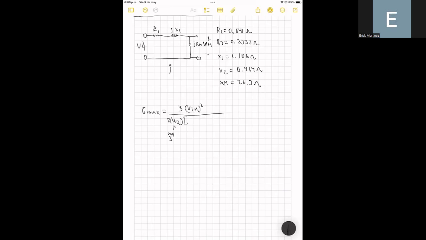Also, we need the real part of the Thevenin impedance plus the square root of the real part of the Thevenin impedance